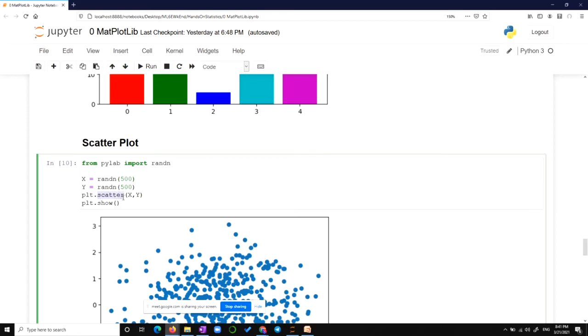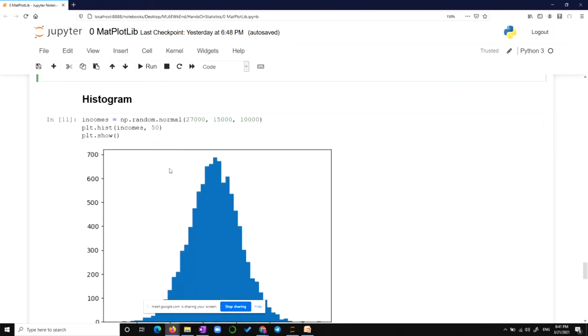This scatter is given by plt, the PyPlot itself. But this random number generator doesn't simply appear out of somewhere magically. For this also you have to import a random number generator. So we import it from PyLab. No need to learn it by heart. Just Google, I want to generate random numbers in Python, and it will give you a lot of options.